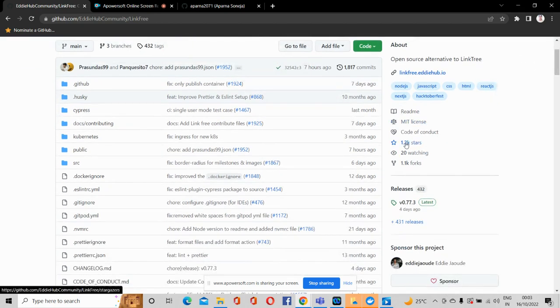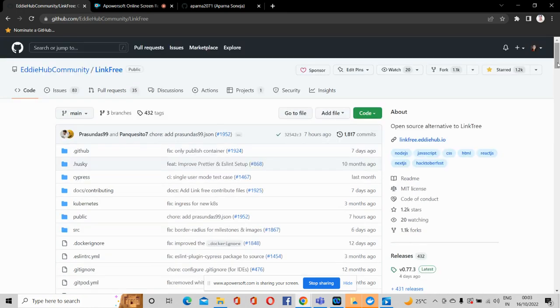and then here you can see 1.2k stars. So that means this project has 1.2k stars. So what is the meaning of star? Star means it is just like a bookmark. Okay, so if you want to check a project in future, if you want to bookmark a project, then you can star it. Okay, so to star a project you have to click on this star button. Okay,